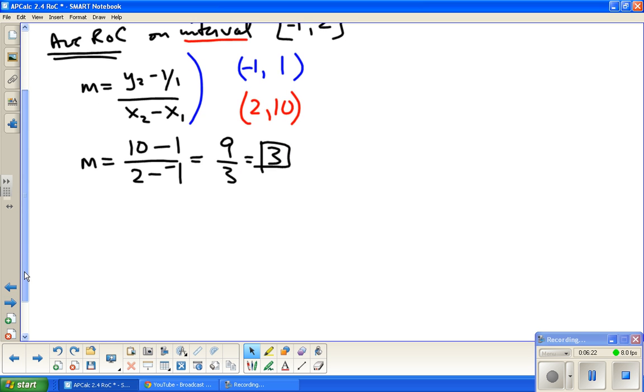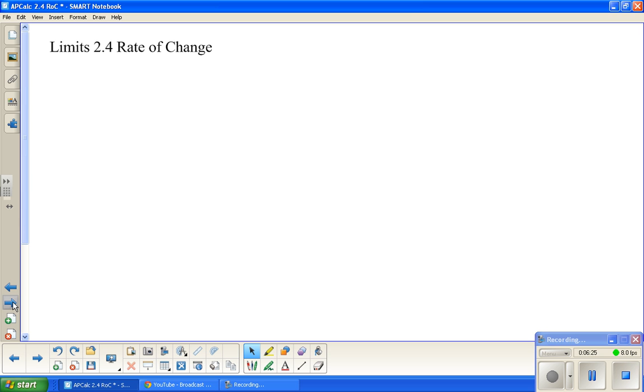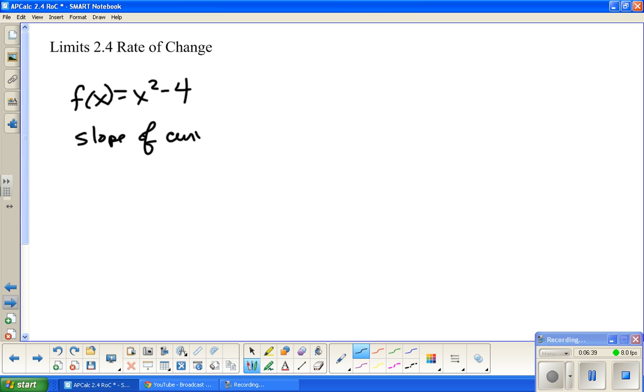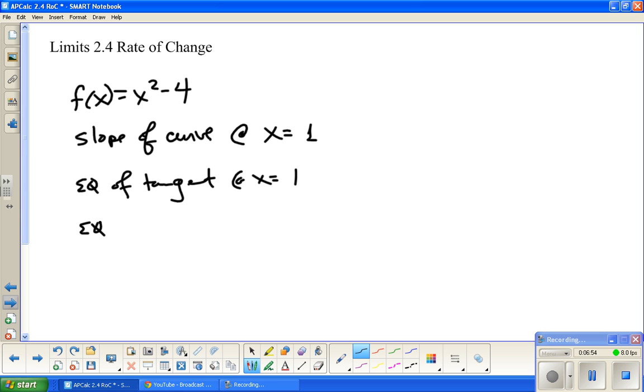Next up, I'll just go to the next page. We're going to look at another example. I have a function, x squared minus 4, and we're going to find the slope of the curve at x equals 1. We're going to find the equation of the tangent line at x equals 1, and the equation of a normal line at x equals 1,